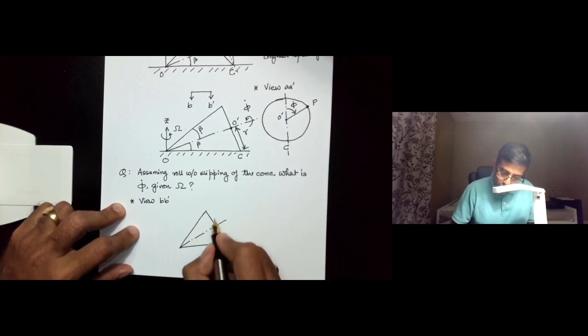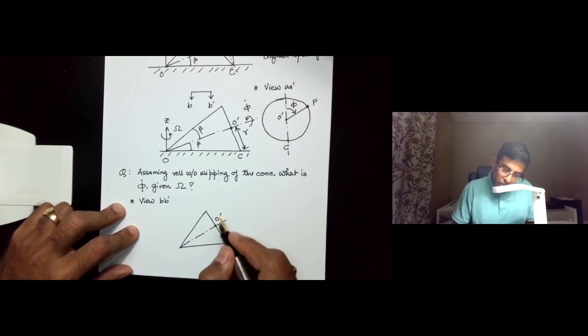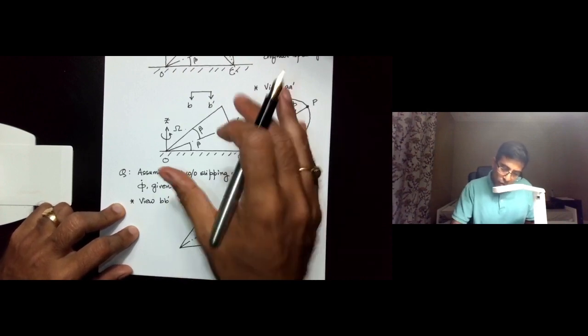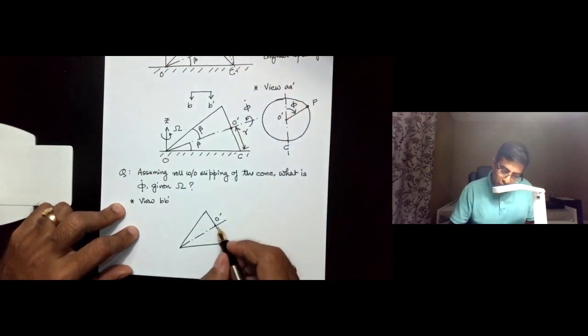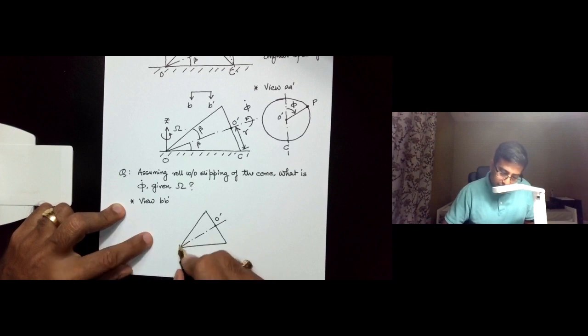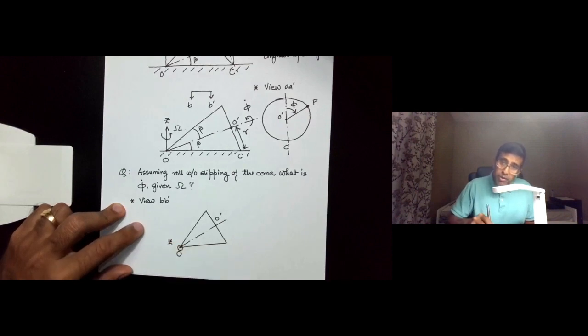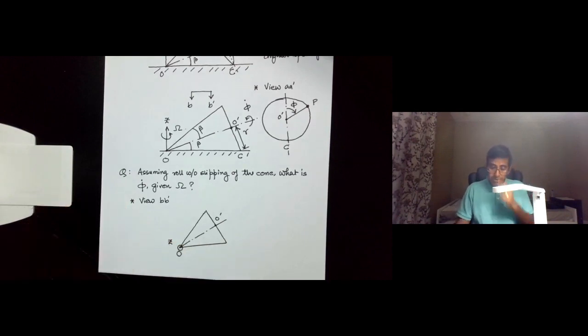This point O prime is shown. Now when you look at the cone from the top view, notice that the point C is going to be just underneath O prime. Okay, that is one consideration. The point O is here. The z-axis is actually going to be pointing upwards, perpendicular to the surface of the page,